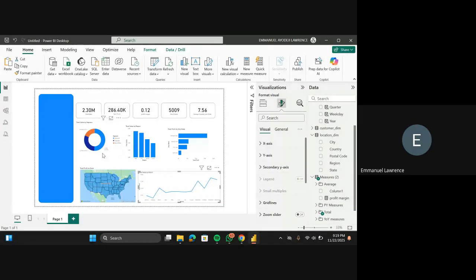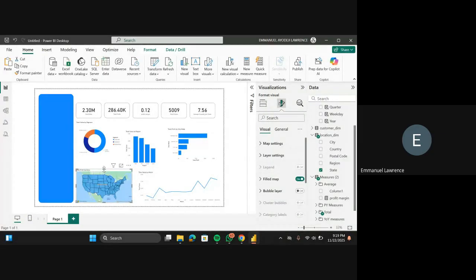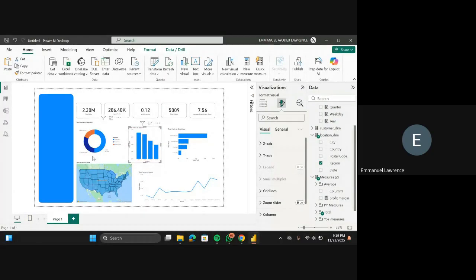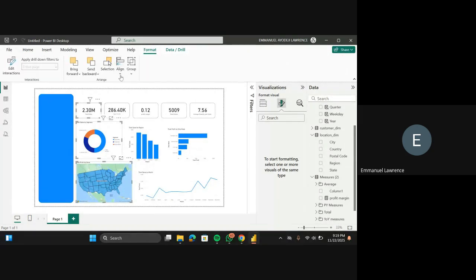So now I'll drag this down, right? Then same here. I want them to have an equal number of spacing. I drag this up. I think there's a chart here, right? So I want them to have equal spacing. So now I'm going to click on this, this, and this, and distribute it vertically. I'll come to format, click on align, then distribute vertically. Now they all have equal spacing.